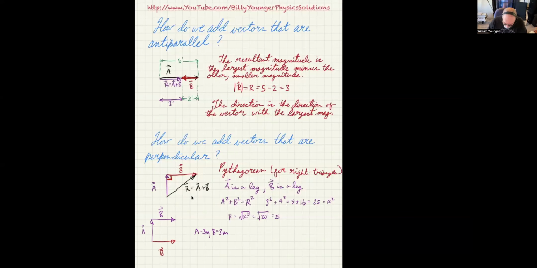When two vectors are tail to tail, which is what I have with the purple A and the red B, then all I have to do is complete the parallelogram. So I make one side that's parallel to vector B, I make the other side that's parallel to vector A, and then I draw the vector sum from the common tail to the opposite diagonal, and that would be the resultant R. So in this case, R squared is equal to a squared plus b squared, which equals 3 squared plus